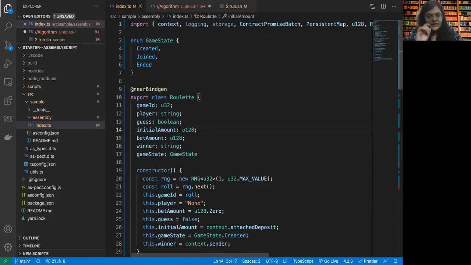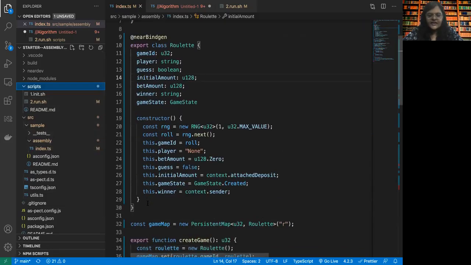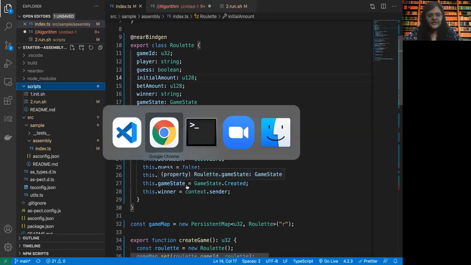Now in the next video, we will be running this contract using the scripts that are present under the scripts folder. And then we will be seeing how to call the different functions and see the contract in action. Along with that, we'll also learn to write some small tests for this particular contract.